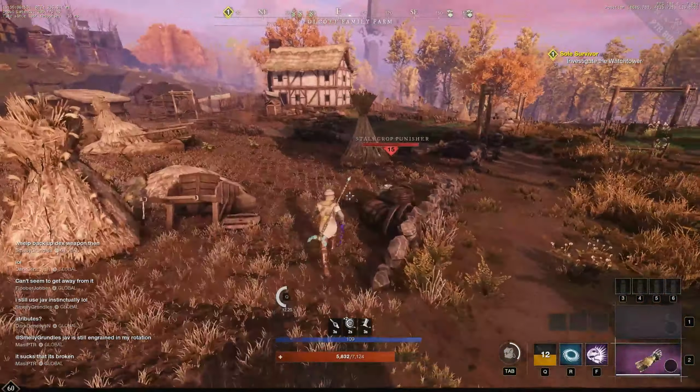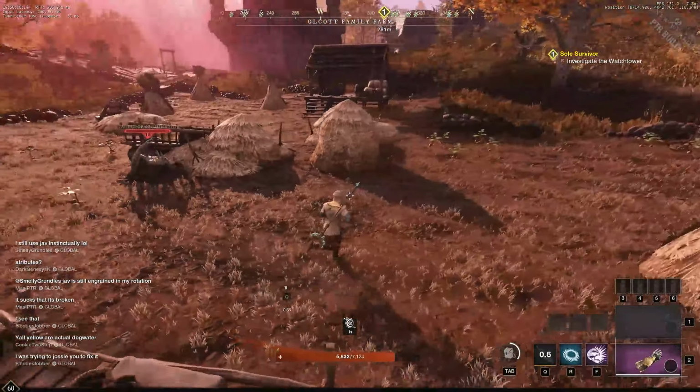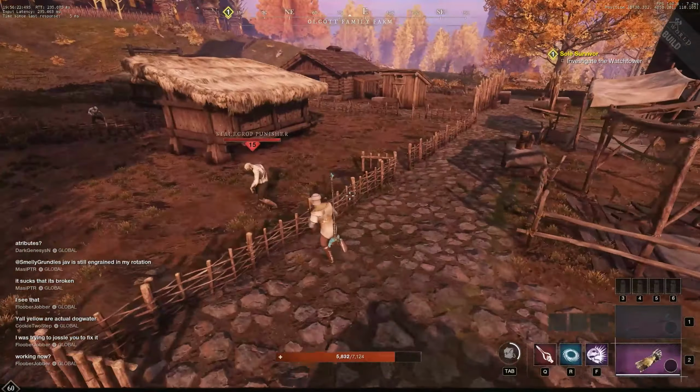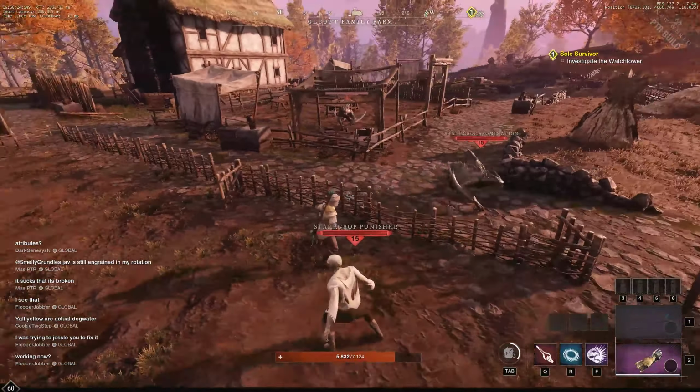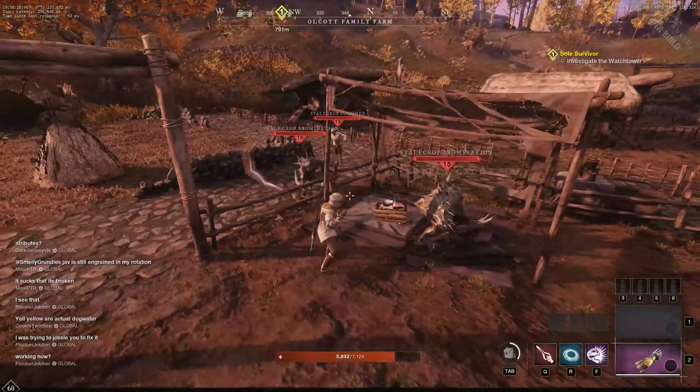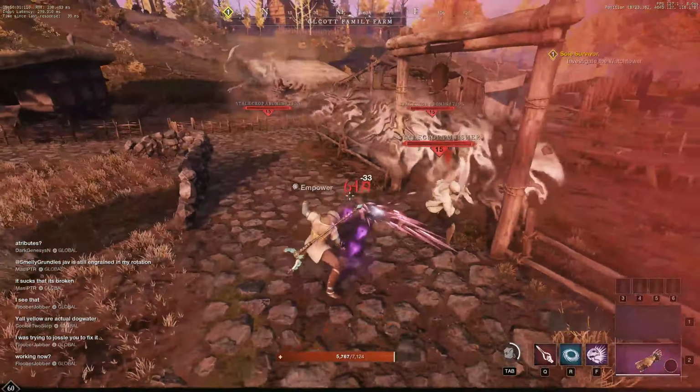Alright, now we're going to try the Oblivion. What we'll do is quickly pull a whole bunch of mobs for us to test this out. It'll most likely one-shot them all, but... So, come on. Come to me. Alright, so...